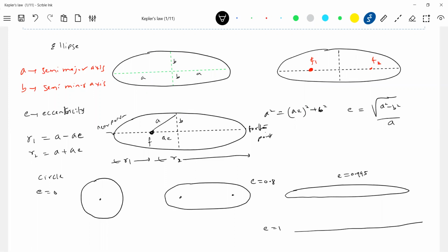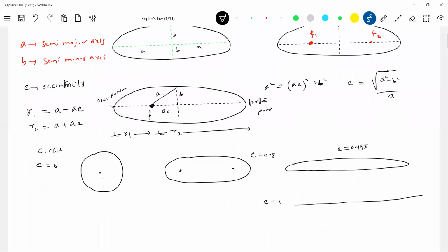So let's have a background. The value of e matters a lot here. The value of e will determine the shape of that ellipse. So what is this ellipse? Shall I say it's a special case of a circle only, to be frank. This is a circle, e equal to 0. e equal to 1 will become a straight line, and for the value of e between 0 and 1, the ellipse is going to have different shapes.